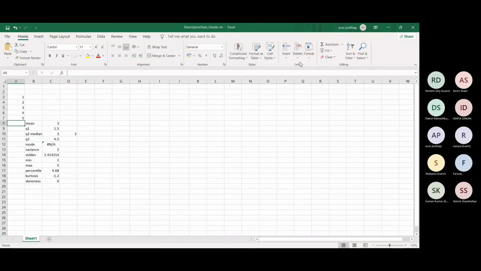Here I have to select the range. Now enter. Okay, it is not giving correctly. I actually have not done standard deviation using this. Maybe it is something like this only. So this is one other way you can do this.